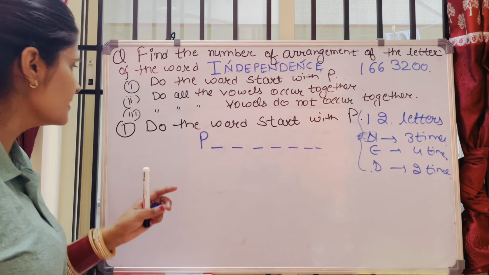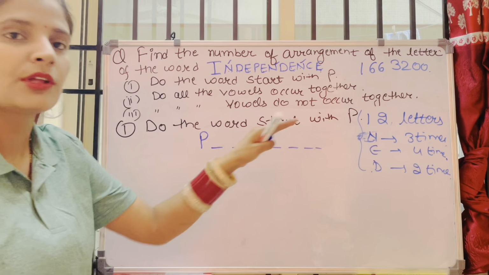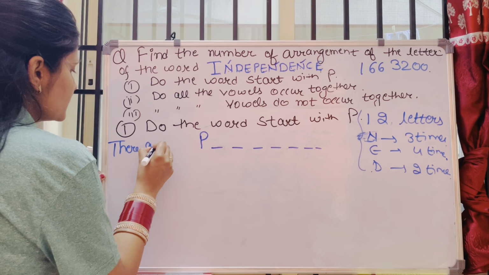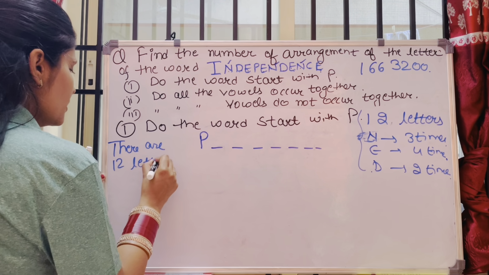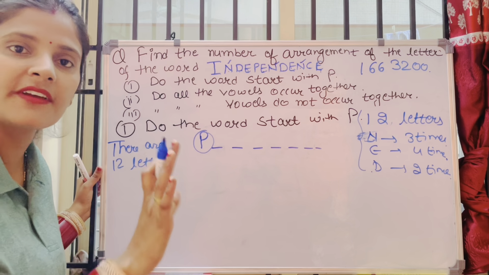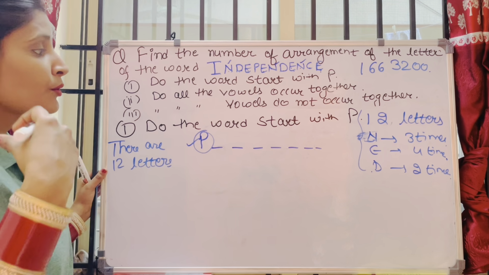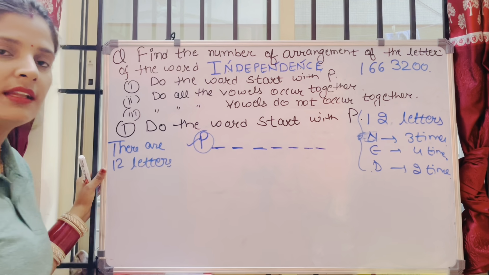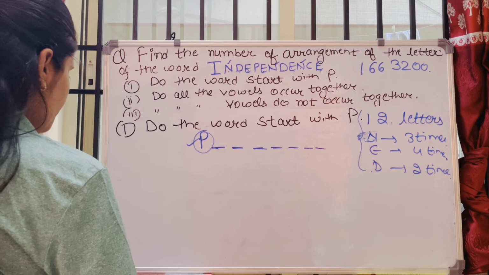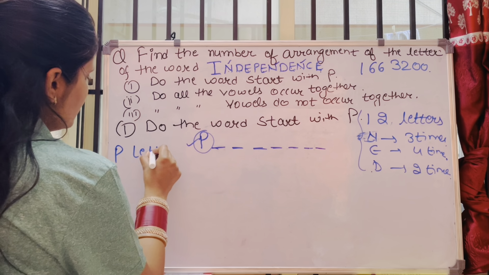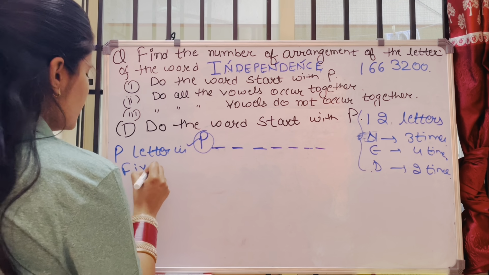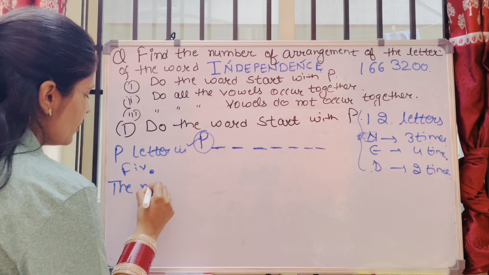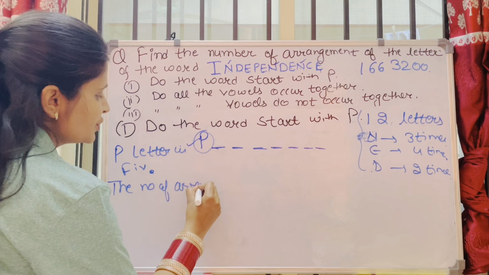The first condition is, do the words start with P. So how many total letters are there? There are 12 letters. What first letter is fixed right now? The first letter is fixed. So how many letters are left? Now 11 letters are left, right? So the letter P is fixed, right? So the number of arrangements